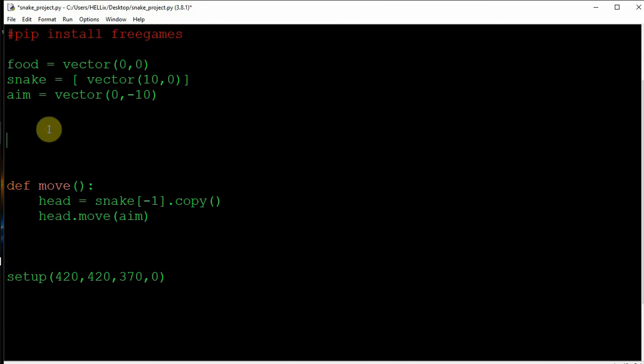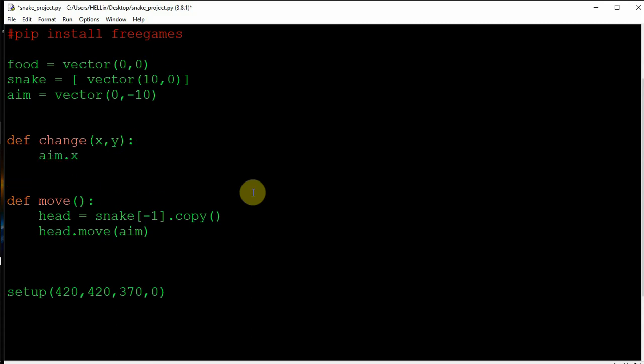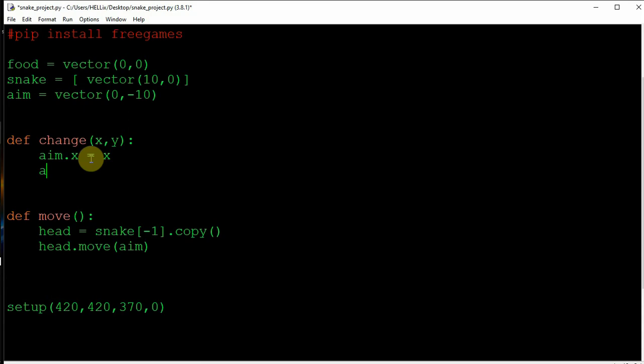For that, we'll create the values of aim using def change. This is a function which will create the x and y axis of my aim, where I'm going to aim. This will take the values of x and y, according to my keys. If I press the up key, y will be changed, and if I press the down key, y will again change. So all these things are going to be there. So aim.x, this is a vector, this is x for it, and this is y for it. So we are changing the aim of x to x, and aim of y to y, which we get from the user from below, right?